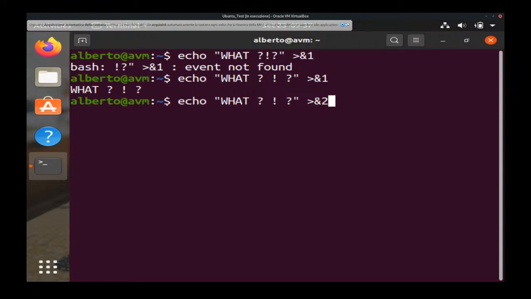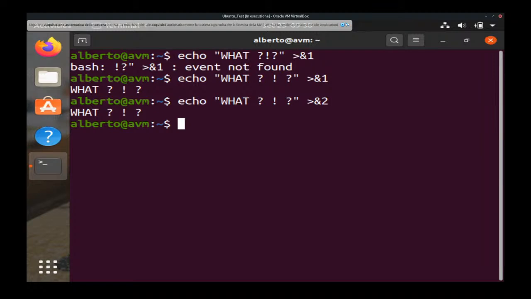And so if I execute it, I end up again exactly in the same situation, but this is due to the fact that by default the standard error and the standard output are redirected to my shell. So if you use it in this context, they are totally useless. Using one or the other doesn't change anything. But let's see how can we